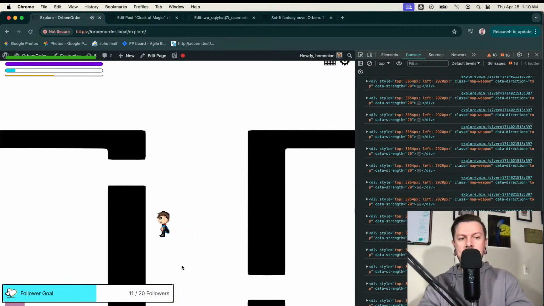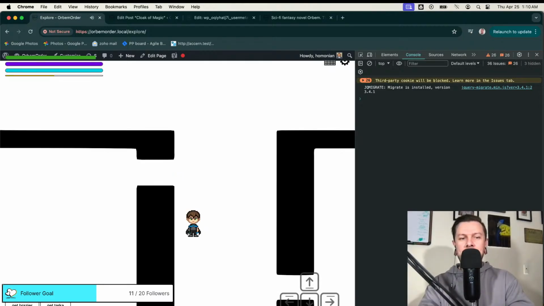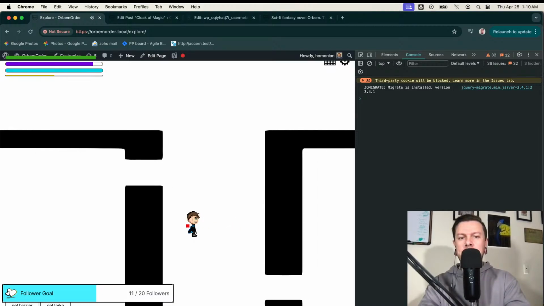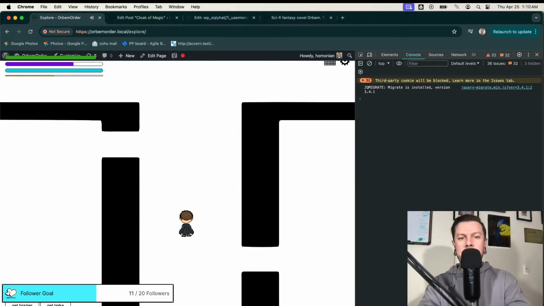I got magic. These are my magic spells here, which I set up some buttons to actually add the magic. You see now I have spells which are also just random. So now I have the ability to shoot fireballs, which is, you see my mana's going down. And I have the ability to do a shield spell,